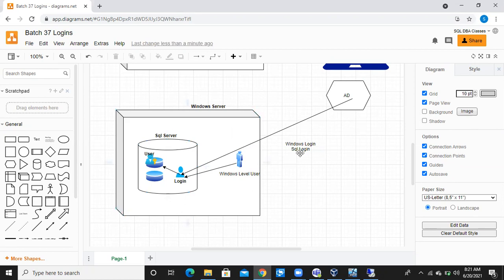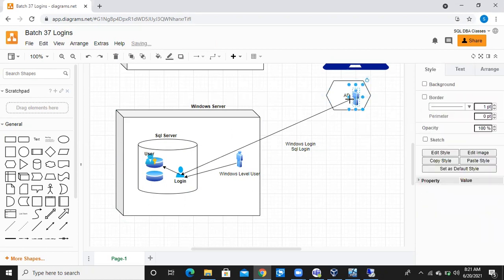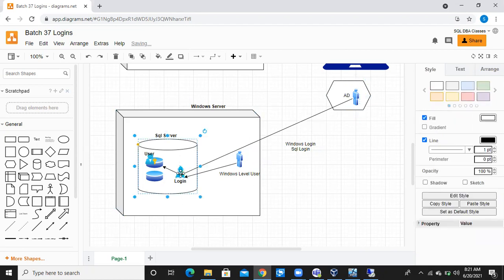Then we ask Sean, please check with the Windows team. Sean checks with the Windows team, and the Windows team creates a user at the Active Directory level. Once that is done, we can directly log into the SQL Server. Right click, New Login, select Windows authentication, go to the search button, type Sean and click Check Names. Then you will get the Sean account. Then simply click OK.